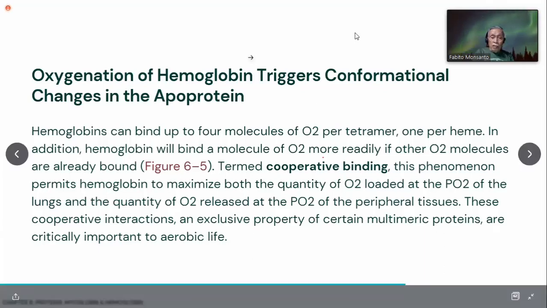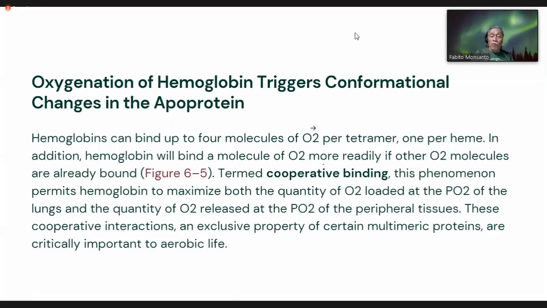Hemoglobins can bind up to 4 molecules of oxygen per tetramer or per molecule of hemoglobin. 1 oxygen per heme. In addition, hemoglobin will bind a molecule of oxygen more readily if other oxygen molecules are already bound. This is what we call cooperative binding. So there are 4